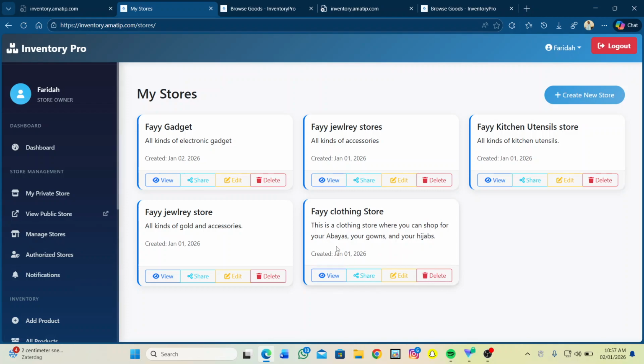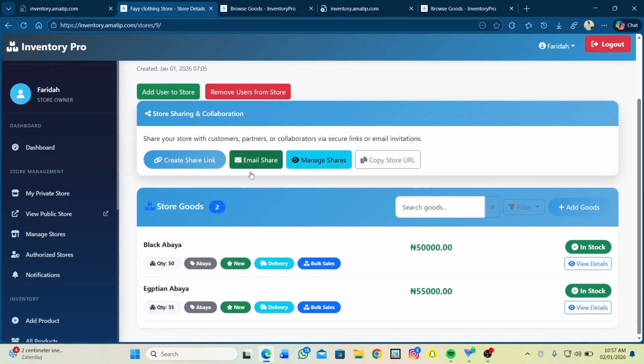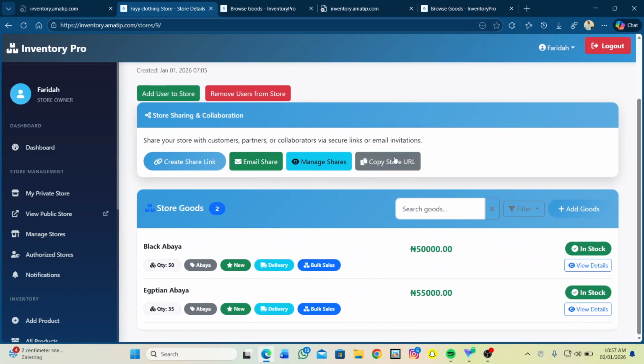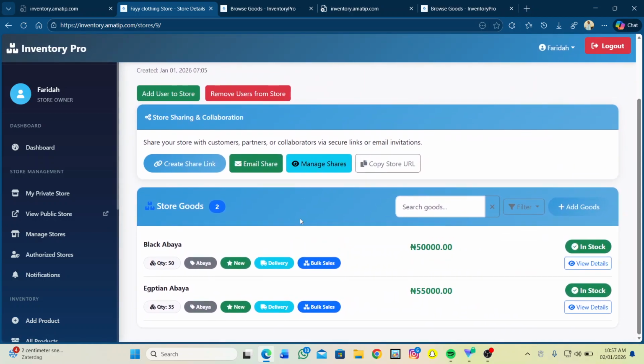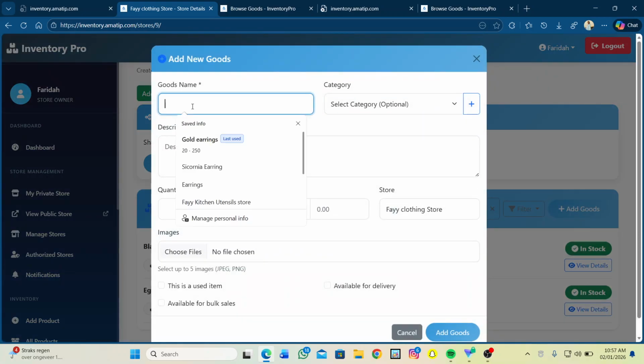you click on the store you want to add the products to, whether it's a clothing store. Let's choose clothing store. You click on view, whether you want to add users or remove users, share, or copy the store link, and you can also search and filter. Let us go ahead and add another goods to our clothing store. So let's put in